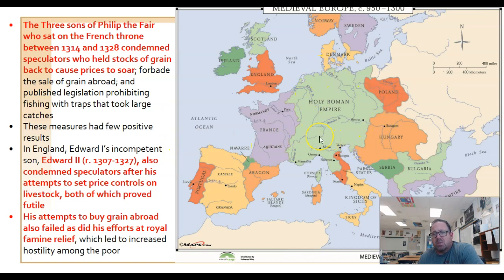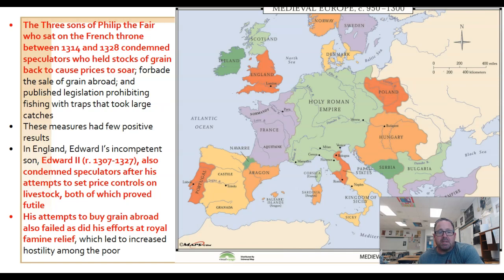Right here in the middle is something called the Holy Roman Empire. Oftentimes it's referred to as Germany because many of the people who lived in this area were German. Okay, we're not going to talk about them right now. We're going to talk about England and France, and how the kings of England and the kings of France attempted to deal with this kind of epidemic by preventing people from charging too high of prices, by preventing people from selling grains overseas where they might be able to get a higher price, so to keep their own population well fed,